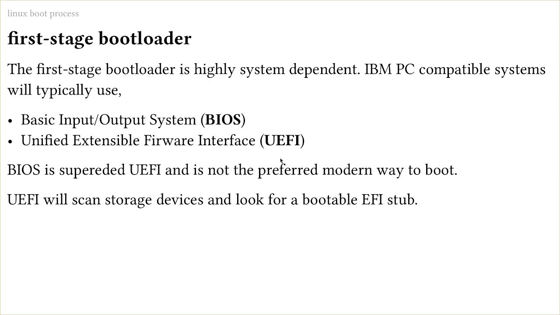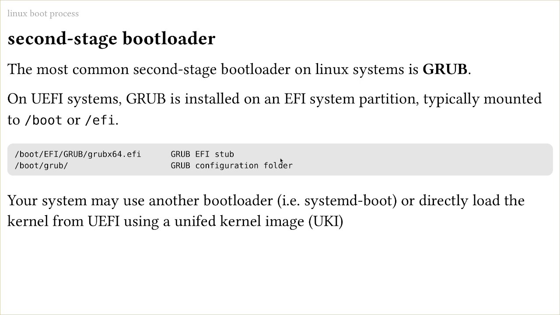So you're probably familiar with one of these. UEFI is kind of the more standard one, not standard, but it has superseded BIOS and is the preferred way to boot. When you turn on your system, this is going to get loaded by the boot ROM, and it's going to start looking for an EFI stub that it can load into memory. So that's where you get to your second stage bootloader. Most commonly, this is grub, but you could also have systemd-boot, or you could just have a unified kernel image. As long as it's an EFI stub, your UEFI can probably find it,